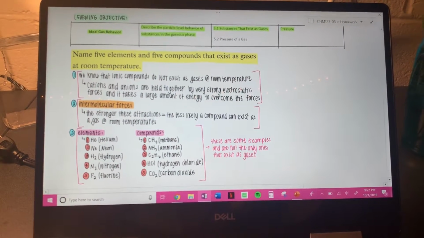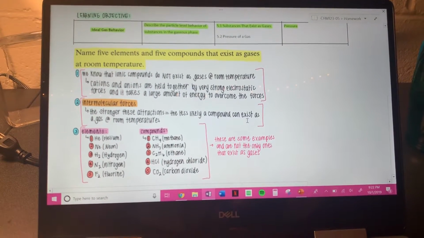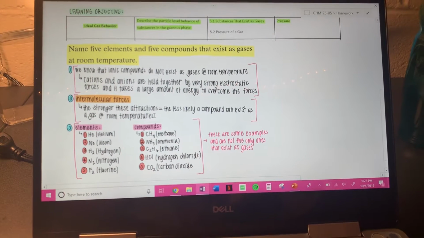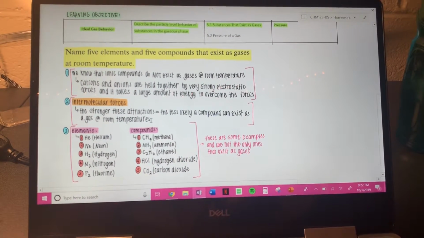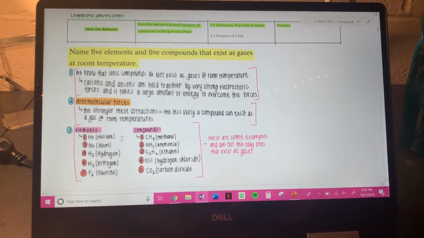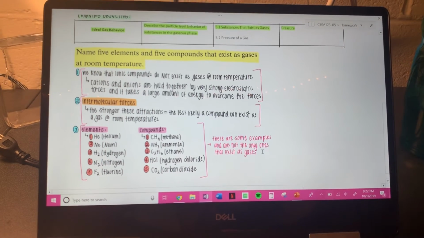And the stronger that these attractions are, the less likely a compound can exist as a gas at room temperature, because the stronger the attractions are, the more energy it takes to overcome them, and room temperature does not provide that kind of energy. I listed a few examples down here of each of elements and compounds, and these are